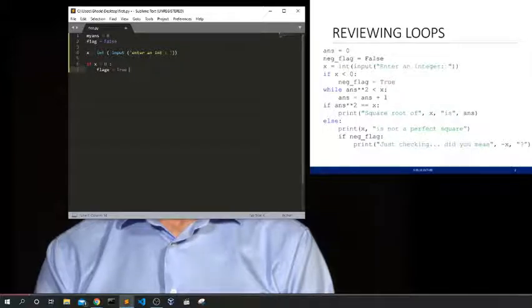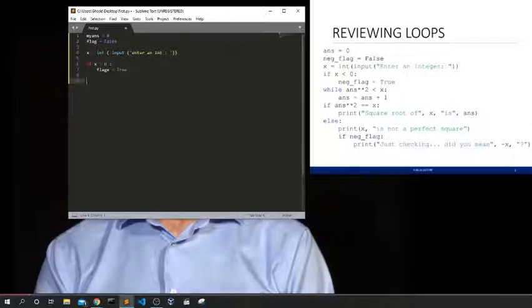Capital letter T, have to be careful. So yeah, while. Here while is going to be, so shift tab, enter.